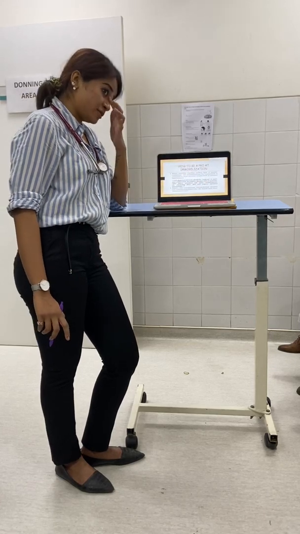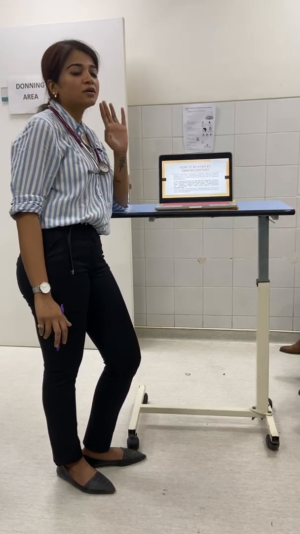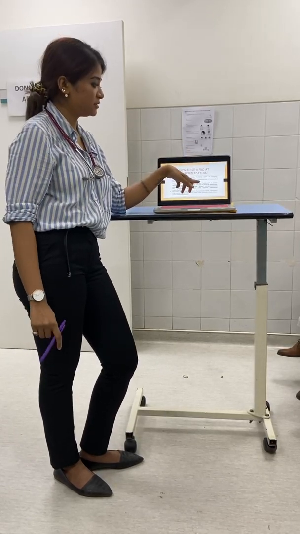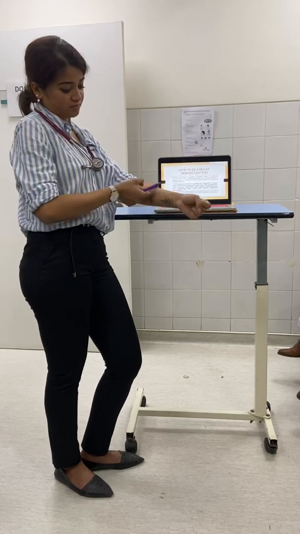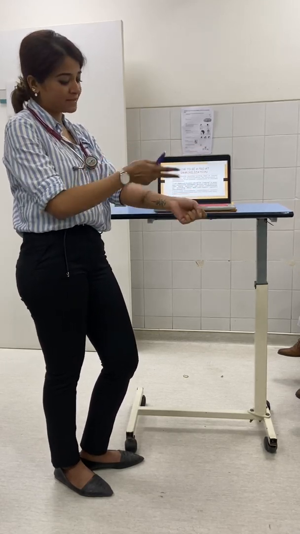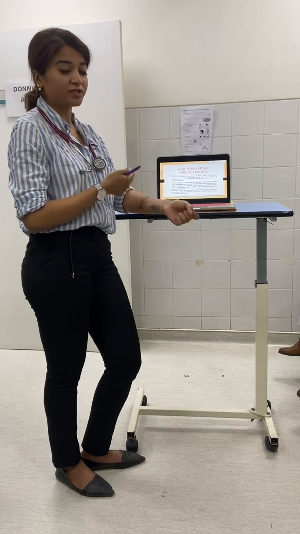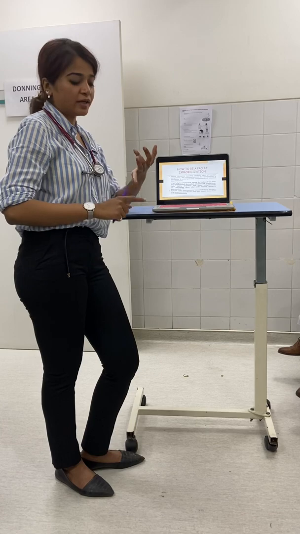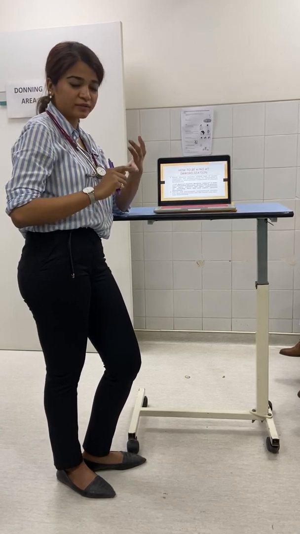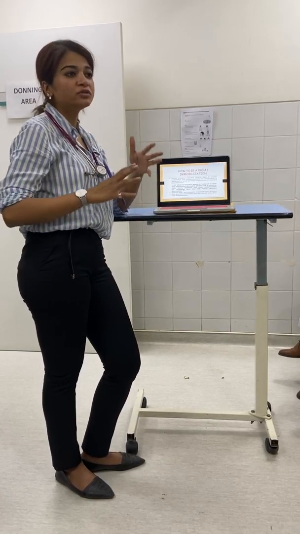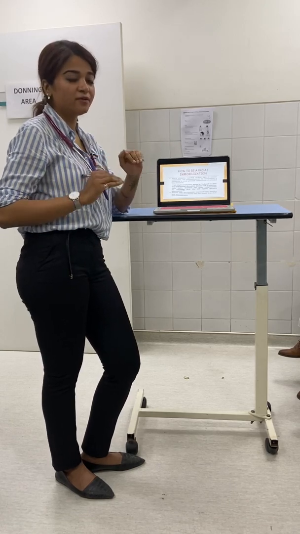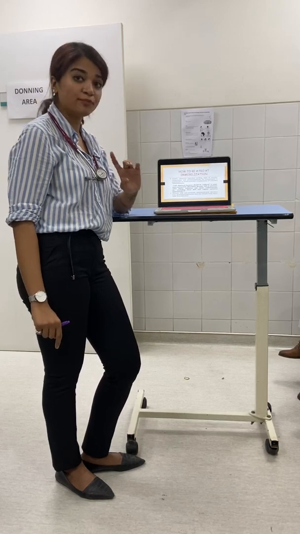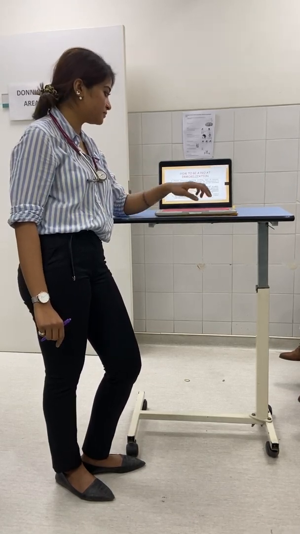All displaced fractures, meaning anything which is not a closed, transverse, small fracture, have to be reduced immediately. Why? Because, okay, the radius is broken, it's out, it's going to be causing the patient pain. You have to reduce it immediately. And soft tissue complications, again, like I said, compartment syndrome can be there, neurovascular discongruency can be there. You don't want to lose the limb of the patient. The basic thing is in any displaced open fractures, you don't have to lose the limb. Remember, time is very important in all open and compound fractures.